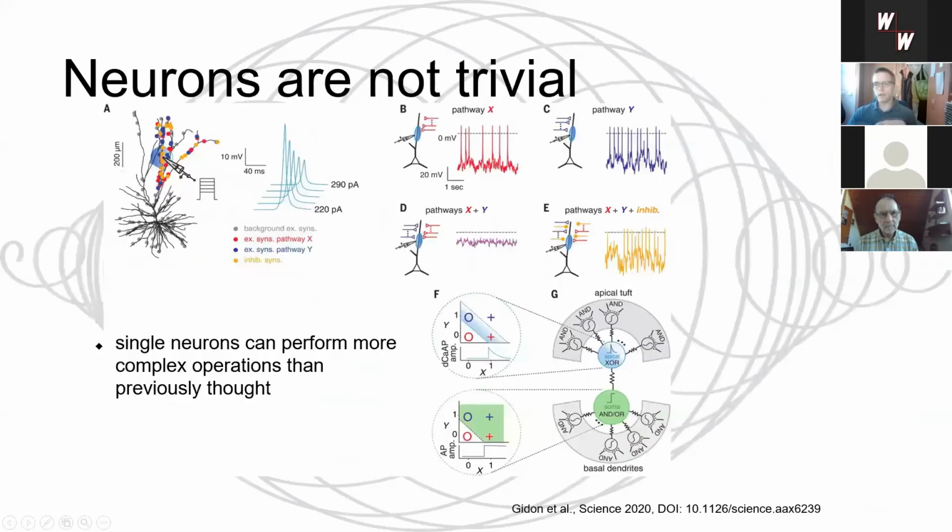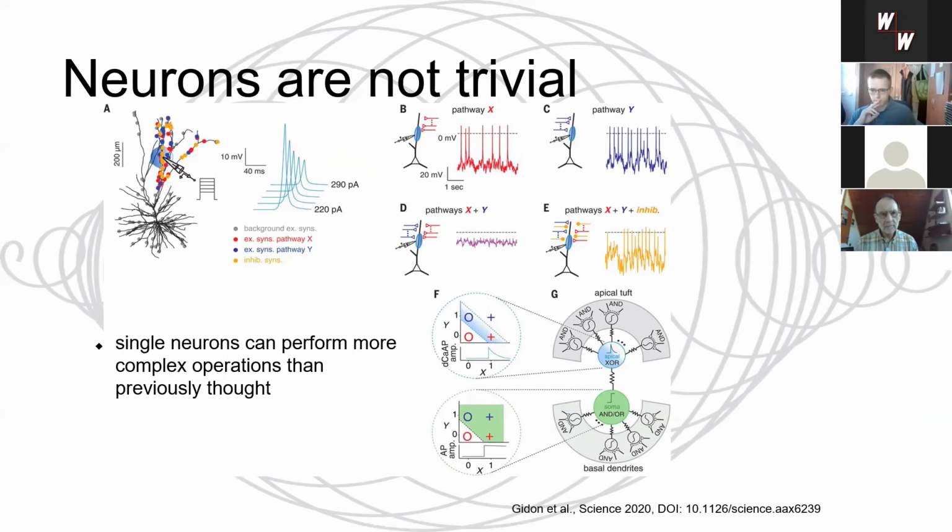The second example that I would like to show you is this recent study that got quite a bit of attention in the media, because this study has shown that neurons themselves, single neurons, are also more complex than we previously thought. So I've explained to you in the beginning that we usually think of a neuron as a leaky integrator. So it just takes inputs, and when inputs sum up and when there is enough summed up input, then the neuron fires. So it just integrates information that it receives.